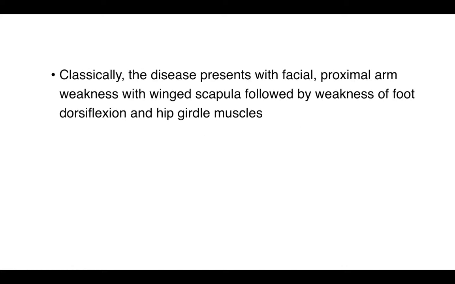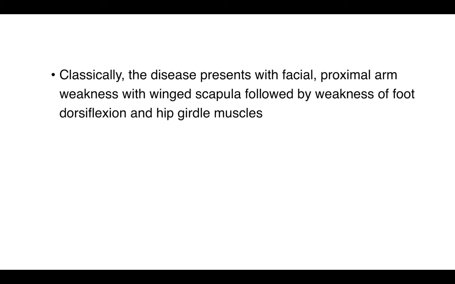Classically, the disease presents with facial and proximal arm weakness with wing scapula, followed by weakness of foot dorsiflexion and hip girdle muscles. Meaning that later in life, patients can develop weakness of the hips in terms of sitting up, as well as the foot in terms of dragging their feet and potentially tripping on their feet. Let's go through a series of photographs of a classic